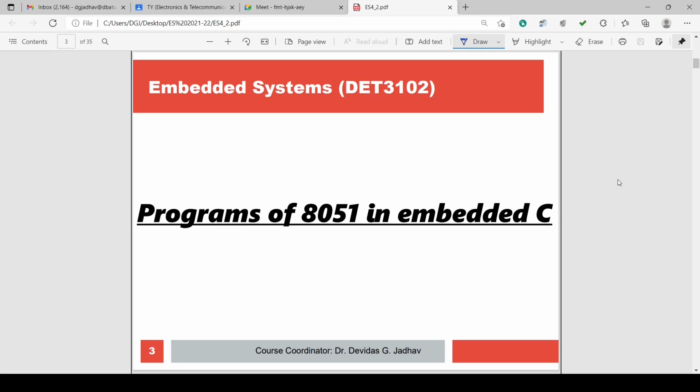What we have done till now is we have discussed these programs in detail. We have parallelly discussed the downloading and installation of Keil MicroVision.